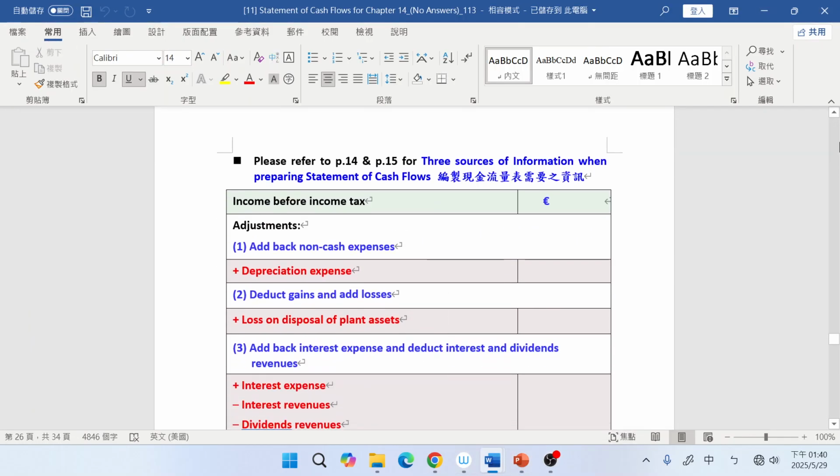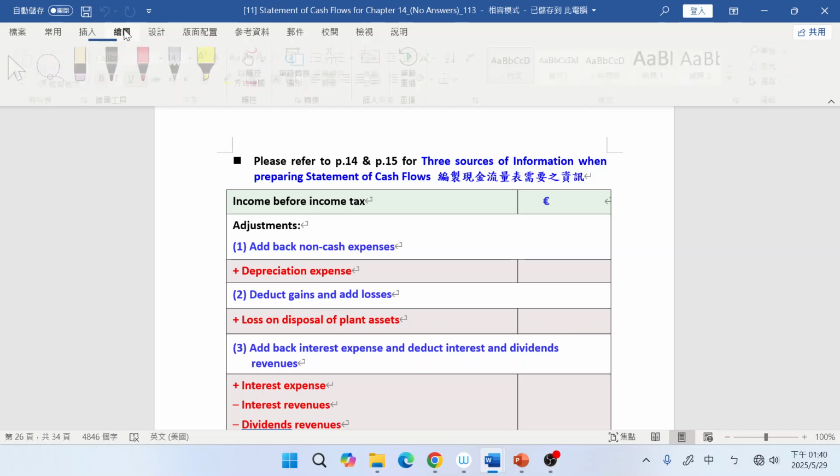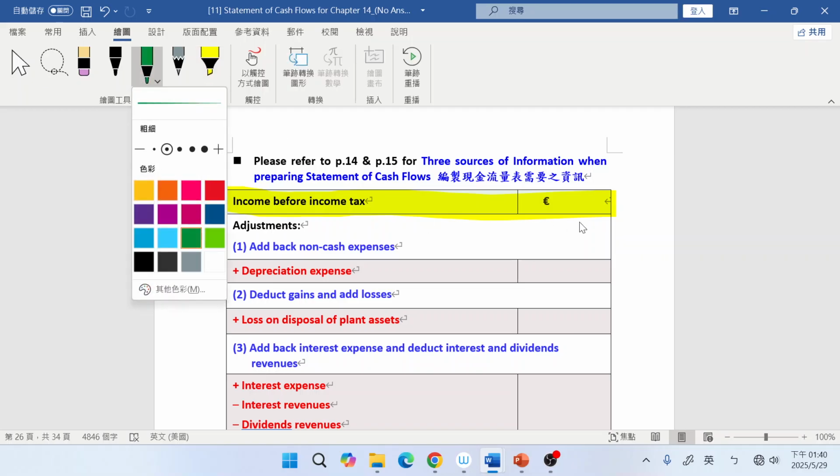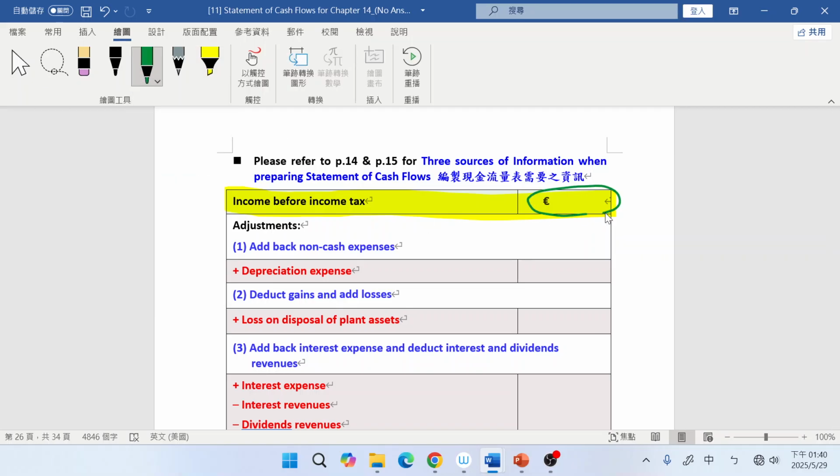Remember, all of your information is from page 14 and 15. So did you find out the start point, what's the start point right here? Income before income tax, right? So we start from income before income tax, okay? 税前净利